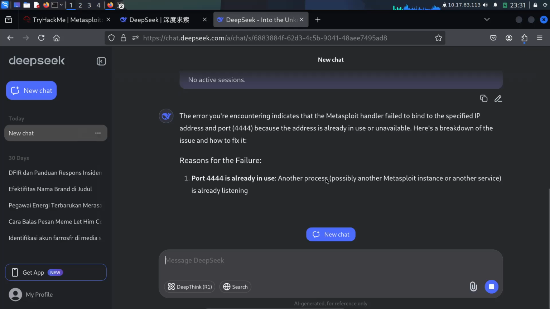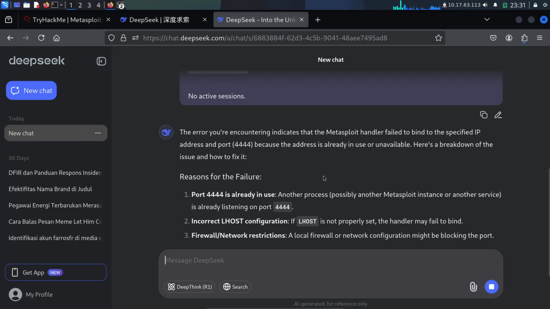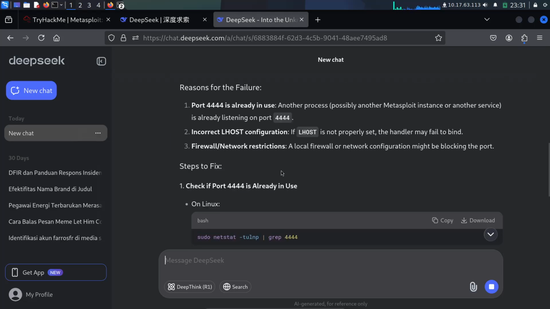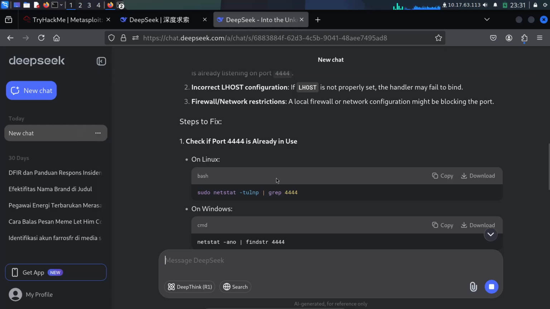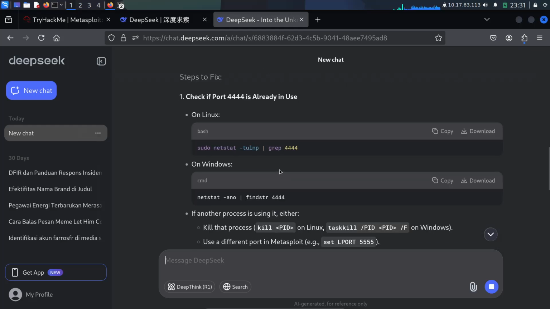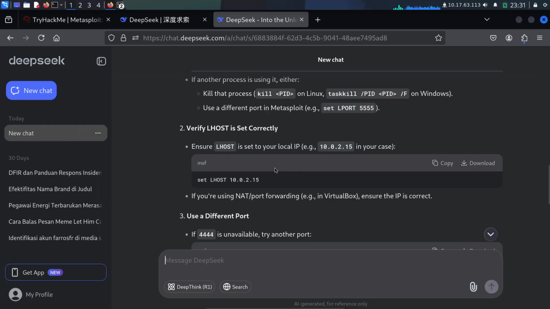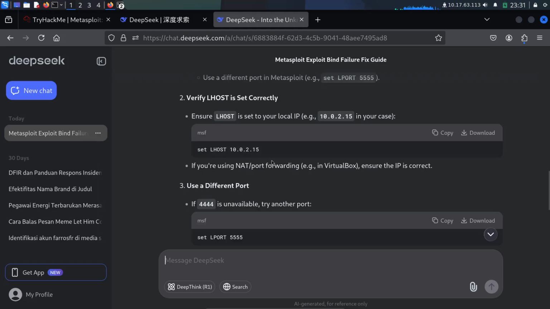The error you're encountering indicates that the Metasploit handler failed to bind to the specific IP address and port because the address is already in use. Check the process already in use. Do not start, don't grab. Check the settings. Ensure LHOST is set to your local IP.